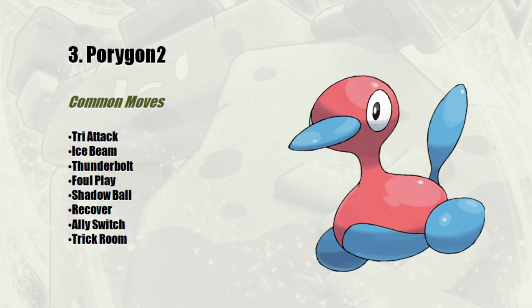Porygon-Z doesn't have as many support options as Dusclops. Dusclops can do a lot of things. It can Pain Split and Will-O-Wisp and Taunt, Bulldoze perhaps for weakness policies. It can do a lot of things. Porygon-Z hasn't got as many options. There is Ally Switch, which you might see on there, but generally Porygon-Z is always going to have Trick Room. It's always going to have Recover, and will have